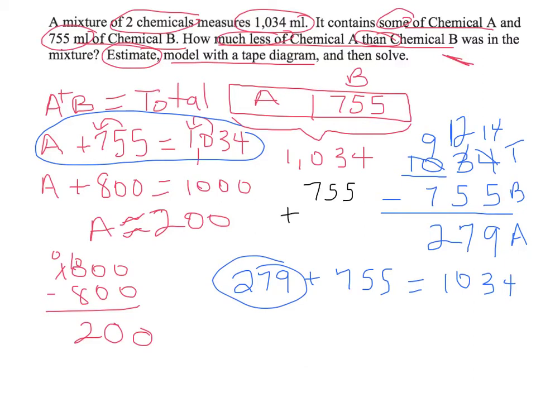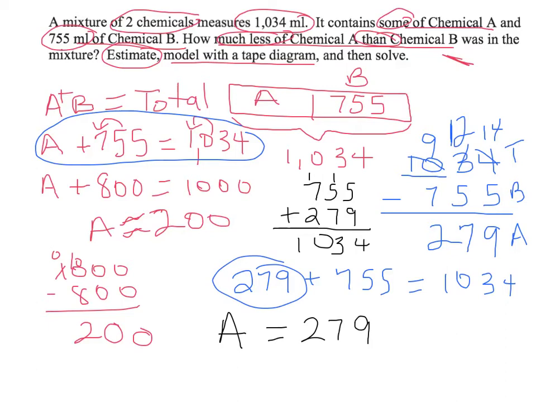It's a hot mess, I know, but that's okay. 279. 5 plus 9 is 14. Carry my 1. 6 plus 7 is 13. Carry my 1. 8 plus 2 is 10. 1,034. That matches that number. So I know A equals